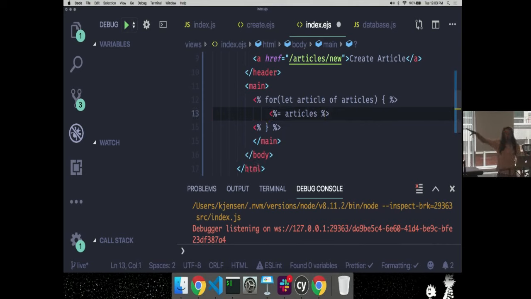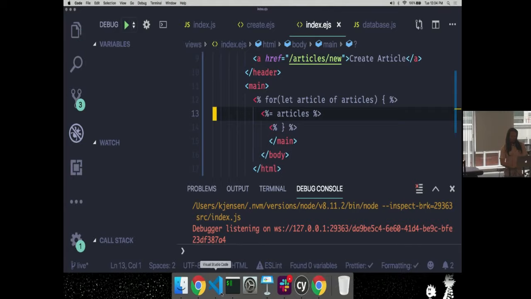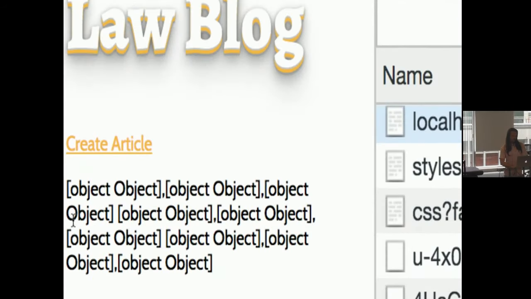So what would this code produce now if I were to run this and check it out? Yes? Does each line of the articles array, so it'll do like the first index, second index, third index. But it's still going to do the same thing because you're calling the object. You need to call the key. That's right, yeah. It's going to print object, object, object 3 times. So we're not there yet where we're actually, oops. See, it prints as object 9 times now.